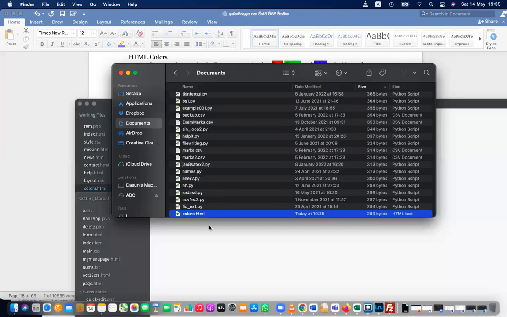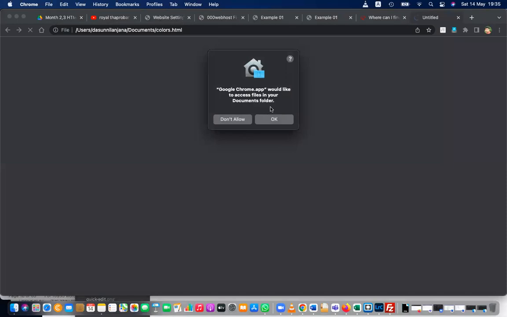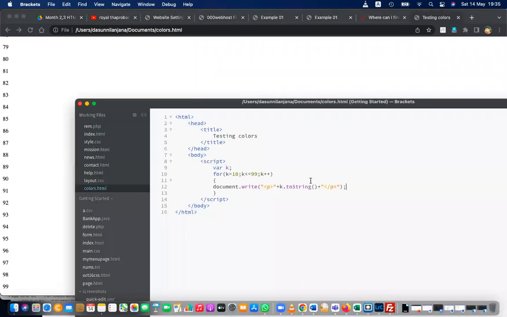colors.html. Let's open that, and you can see numbers from 10 to 99. Nothing is there, just numbers from 10 to 99. Then I'll teach you how to include a color. You have to innovatively edit this, right? I'll teach you how to add a color. You have to innovatively edit this to display